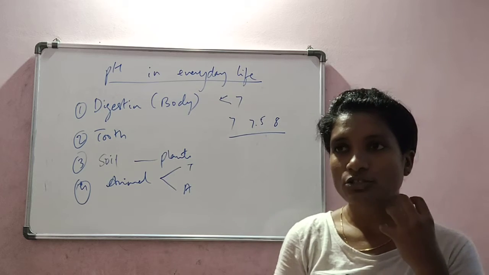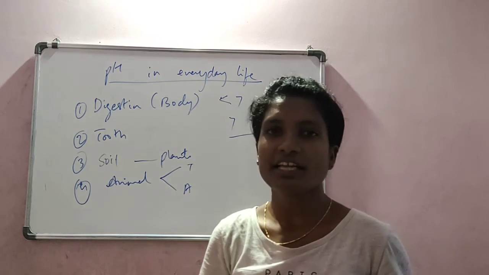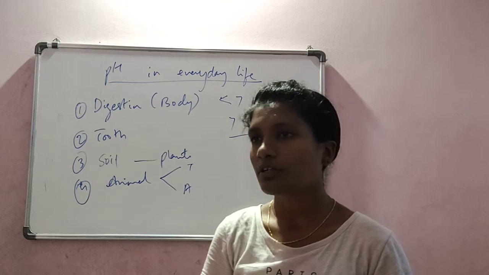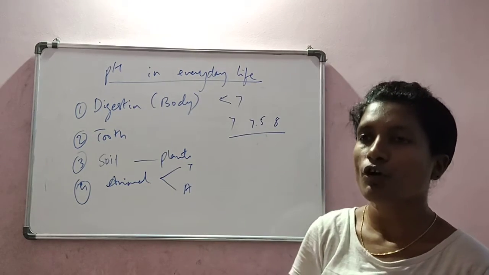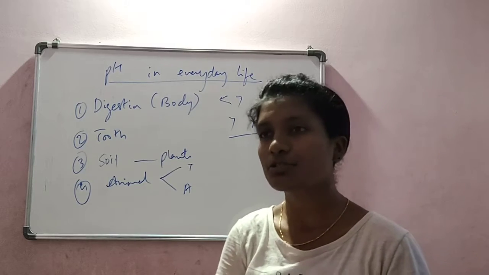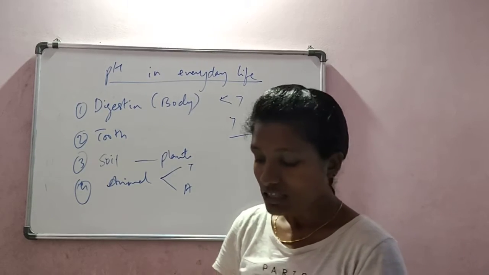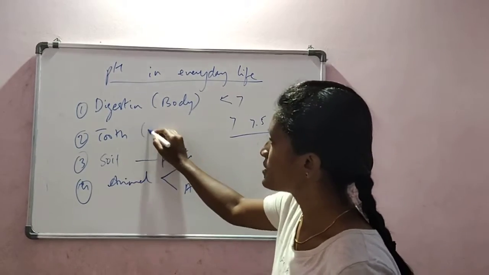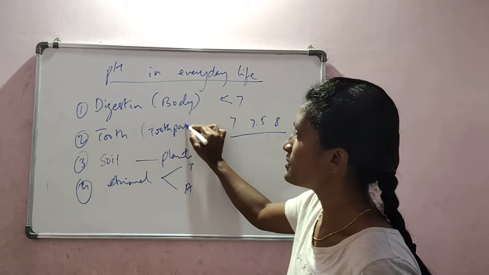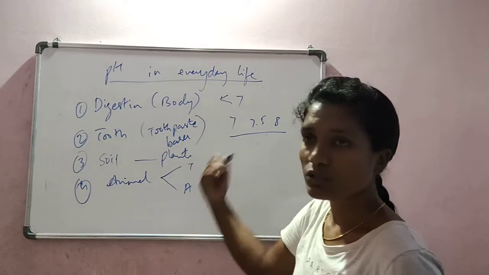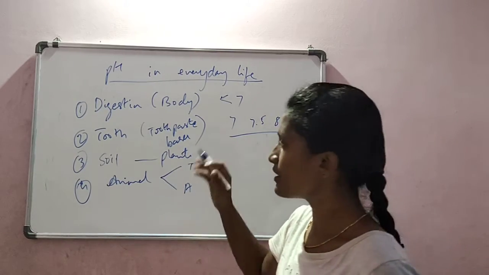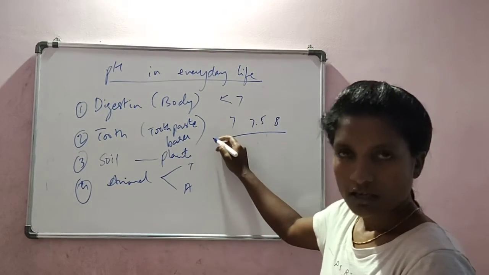So if it is not cleaned properly, especially in small children, if they don't properly brush their teeth, it accumulates and acids form in their teeth, and that leads to decay and spoilage of the teeth. So to avoid that, the toothpaste we use is filled with bases. The bases will remove the acid which is present and give a neutralization reaction.